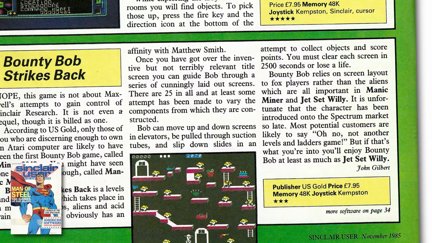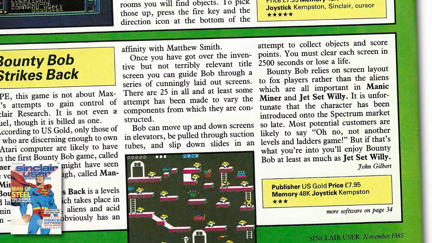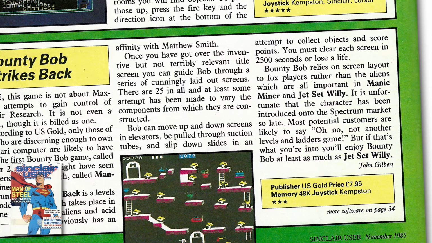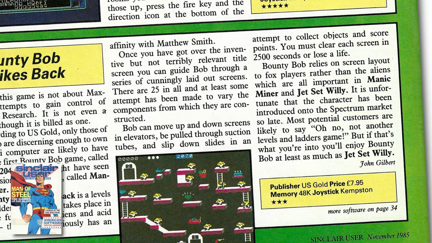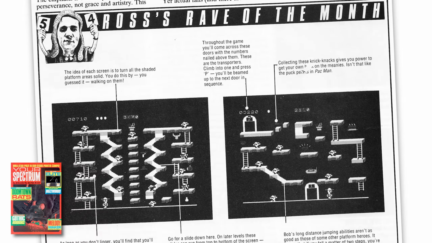And I can actually see myself enjoying this one a bit more than Jet Set Willy, because I always found Jet Set Willy to be a bit frustrating, to be honest. I mean, it has better controls, but this one is kind of more interesting in a fashion, more arcadey, but that's just me. Your Spectrum was much more impressed and gave the game 9 out of 10, and they wrote,